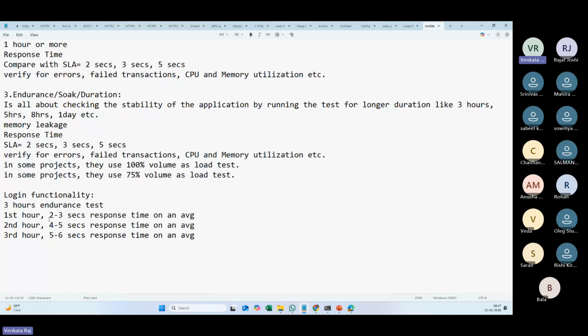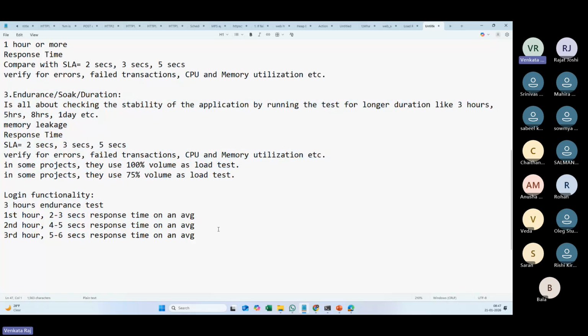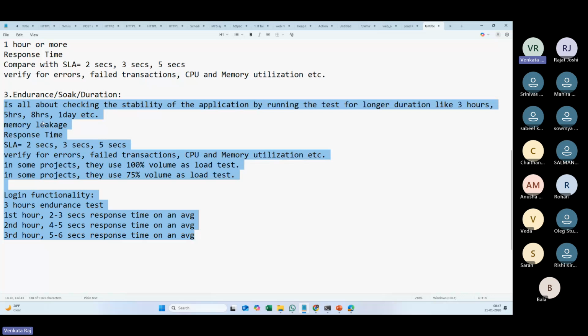So we will discuss that in detail as well in our upcoming sessions, but I hope you got some clarity on what exactly we are trying to find out in the endurance test. Our application performance should be stable in the long run. That is what we want to check. I hope everyone is clear with this. It's not complex to understand. It's easy, at least to my knowledge,